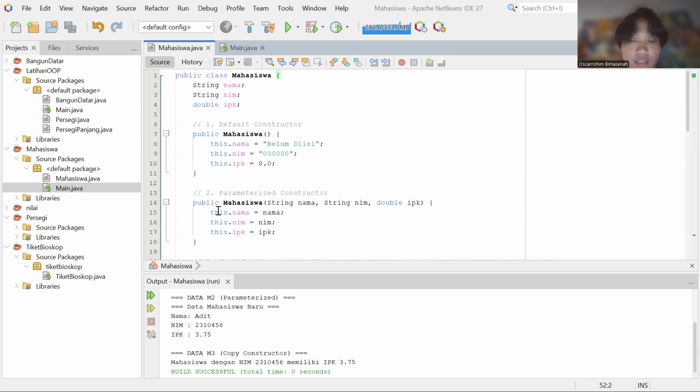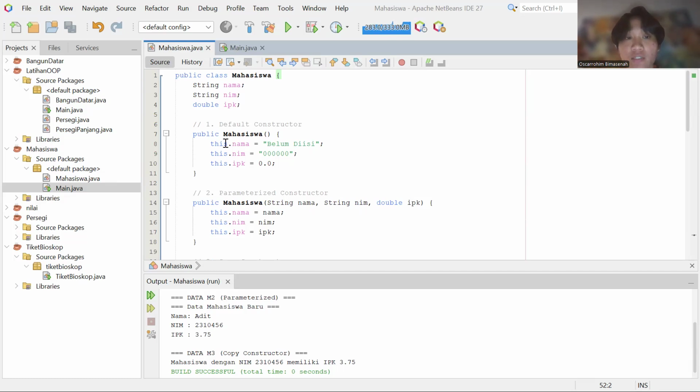This case is realistic because constructors and method overloading are frequently used in real software to create objects and give them flexible functionality. Okay, here is the program structure. The program consists of two main classes.